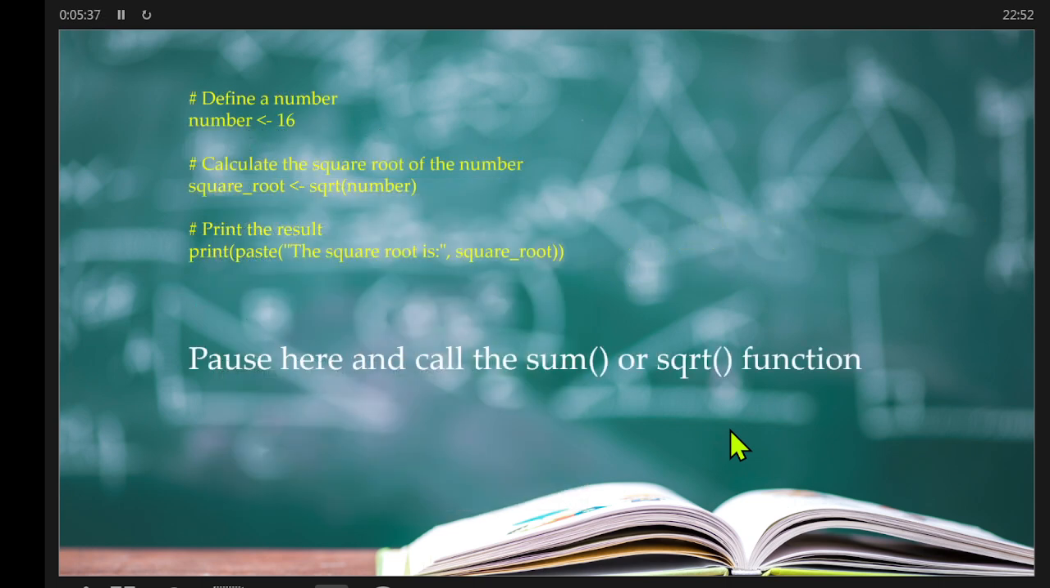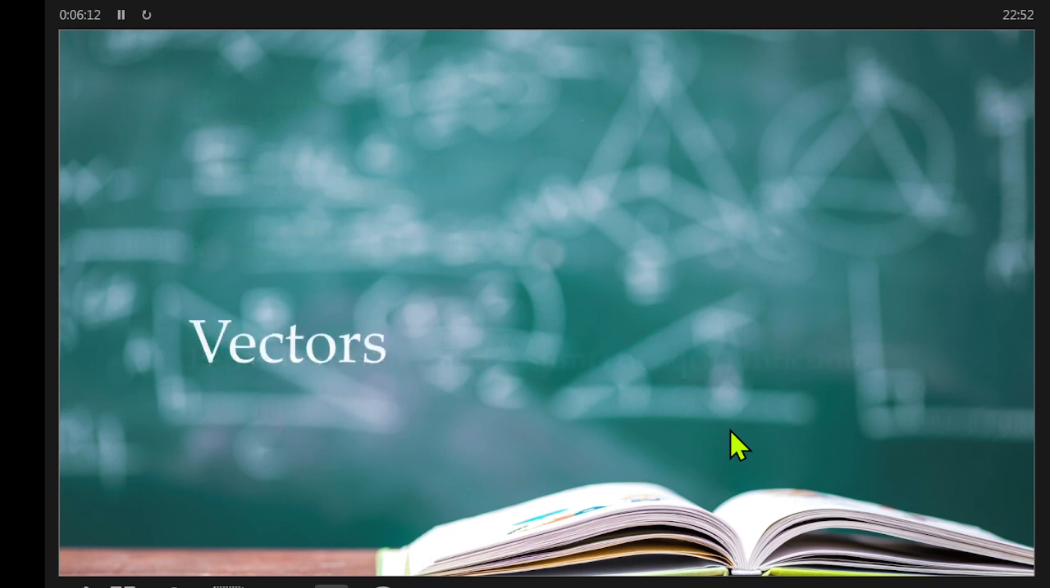Let's also pause here for a live demonstration. If you use the code in yellow, we will use R to call both the sum function and the square root function. This is the square root of a number, showcasing how these operations are performed on vectors and individual numbers. Please stop here and use the yellow code. Okay, after pausing, then we will be able to discuss